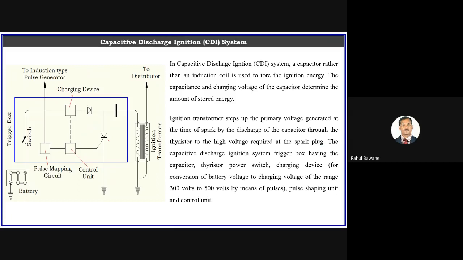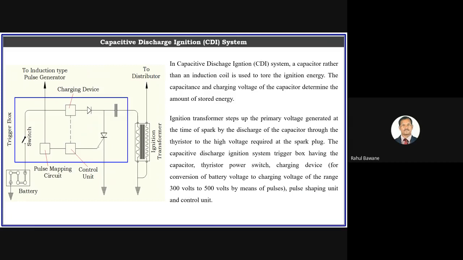So there is a thyristor. The capacitive discharge ignition system trigger box has a capacitor. This is the capacitor, thyristor, power switch, and charging device for conversion of battery voltage to the charging voltage in the range of 300 volt to 500 volt. That means your battery voltage of 6 volt is converted to 300 to 500 volt by means of pulses, pulse shaping